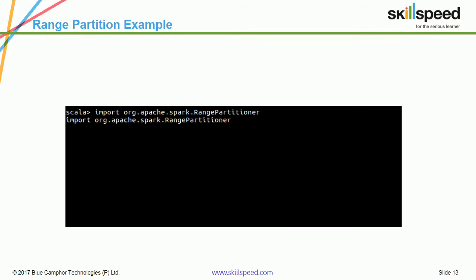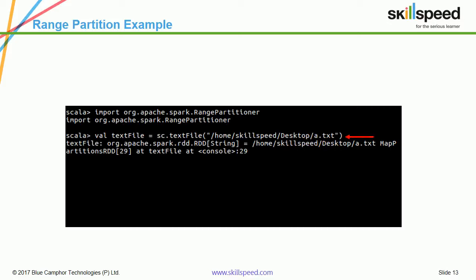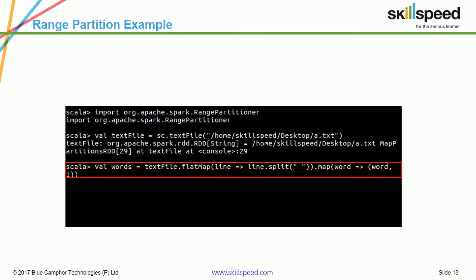So here you can see a practical example of the range partitioner. So in the first step I am importing the range partitioner package by typing import org.apache.spark.RangePartitioner. In the next step I am creating an RDD called textFile using the textFile method and reading the input data from desktop a.txt. This is the same example that we have done previously.